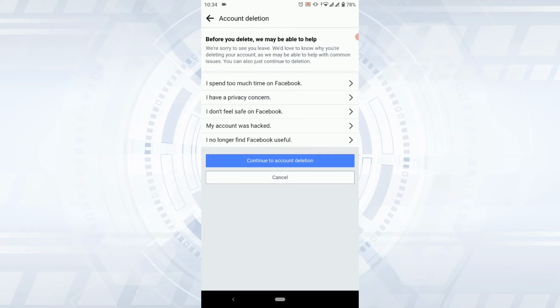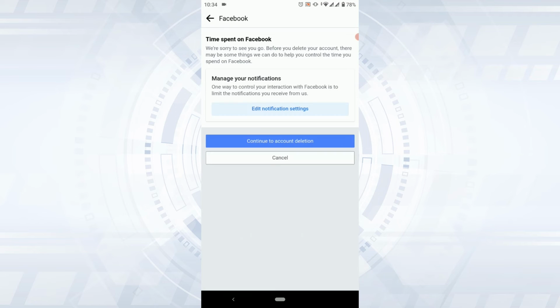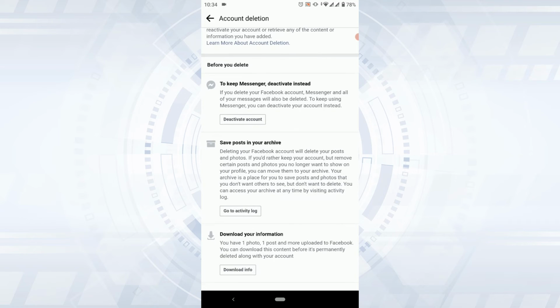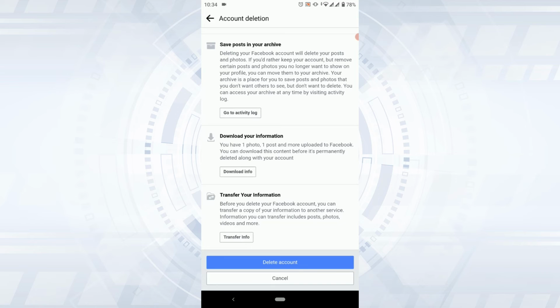Before you delete, you need to provide a reason why you want to delete your Facebook account. I'm just gonna tap on a certain one and then you need to tap on continue to account deletion. Now here are a few details and the information that you need to know before you delete your account. You go through each and every information that is available in here and tap on delete account at the end